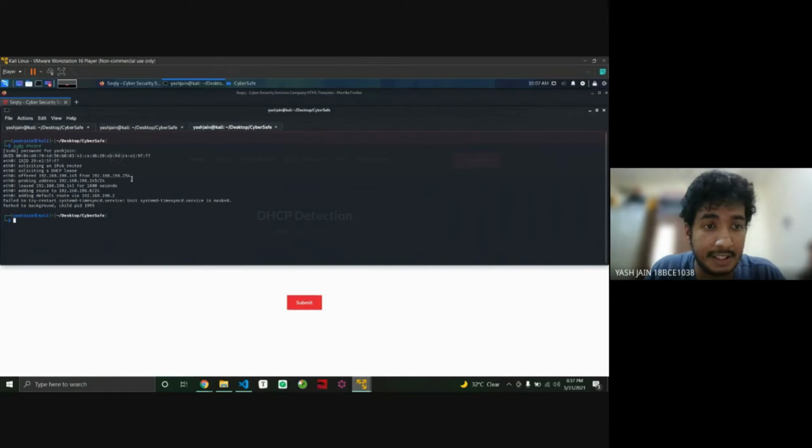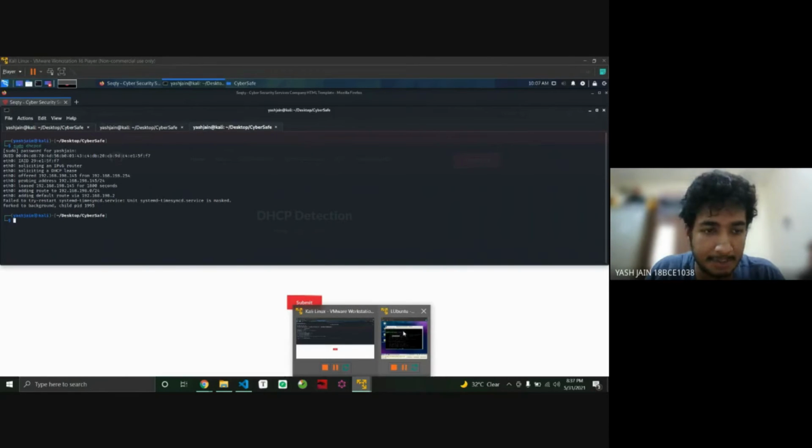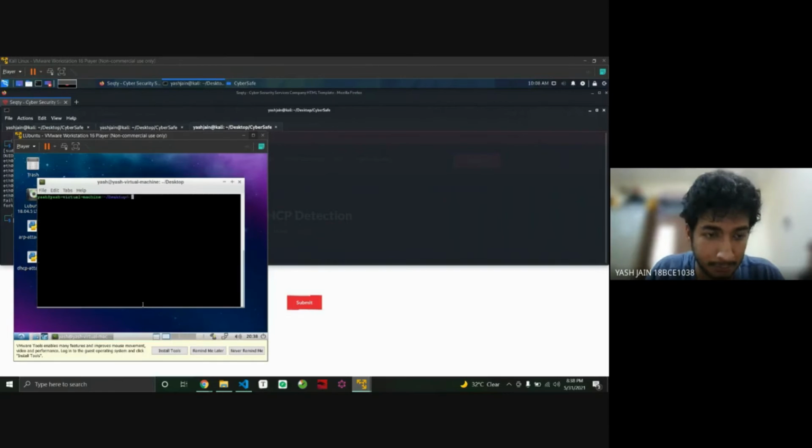This is the IP address range that the DHCP server is providing us. Now I will launch the DHCP attack from the Ubuntu. Now, as you can see, I have started the DHCP attack.